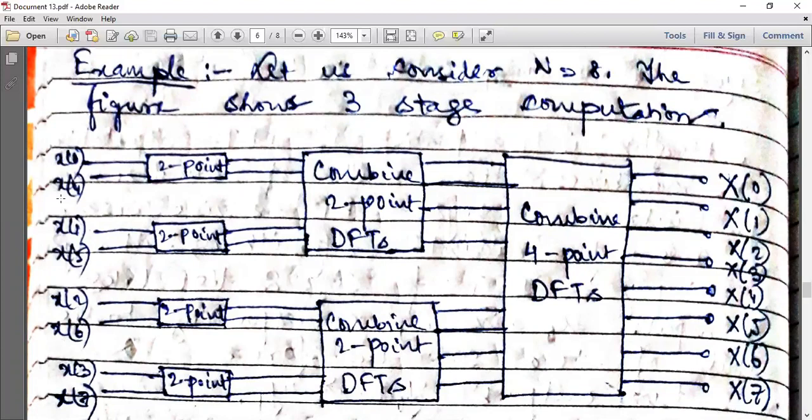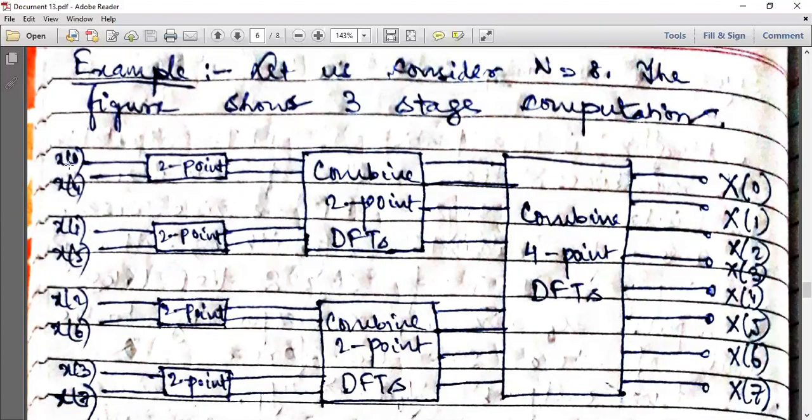Why I have written in this way, there is a particular topic for this, called bit reversal, which I'll be discussing later on. Just for the time being, I have combined x0 and x4, x1 and x5, x2 and x6,